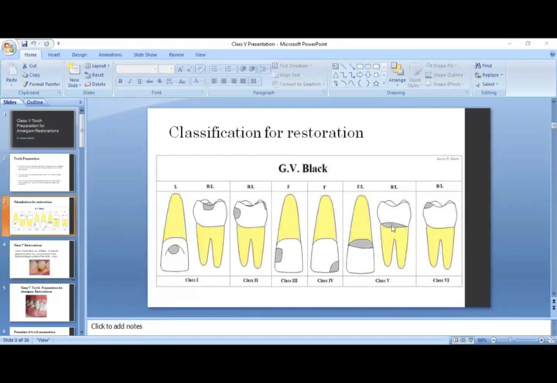That area which is gray is very near to the gingival line. This is the posterior tooth and this is the anterior tooth. You can easily see that it could be the facial side, it could be the lingual side, or both. That means the class 5 region can be present on the facial side. Facial side means the side that is in front of your lips, and the lingual side is the side that is in front of your tongue. So the caries region can be present on both the facial and the lingual side, but it should be close to the gingival area. It should not be away from the gingival area. So please keep that in mind.